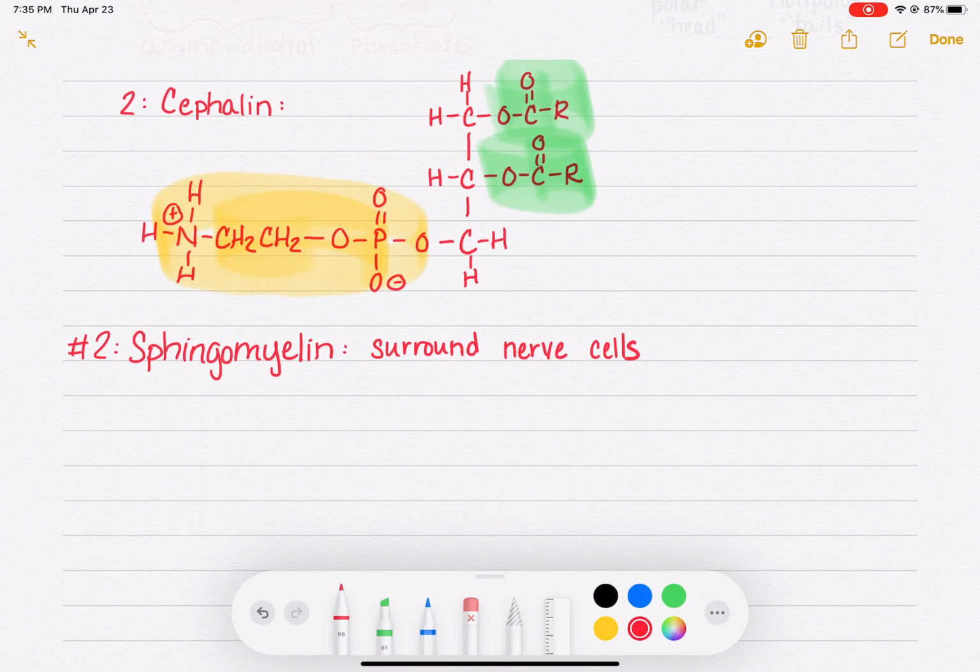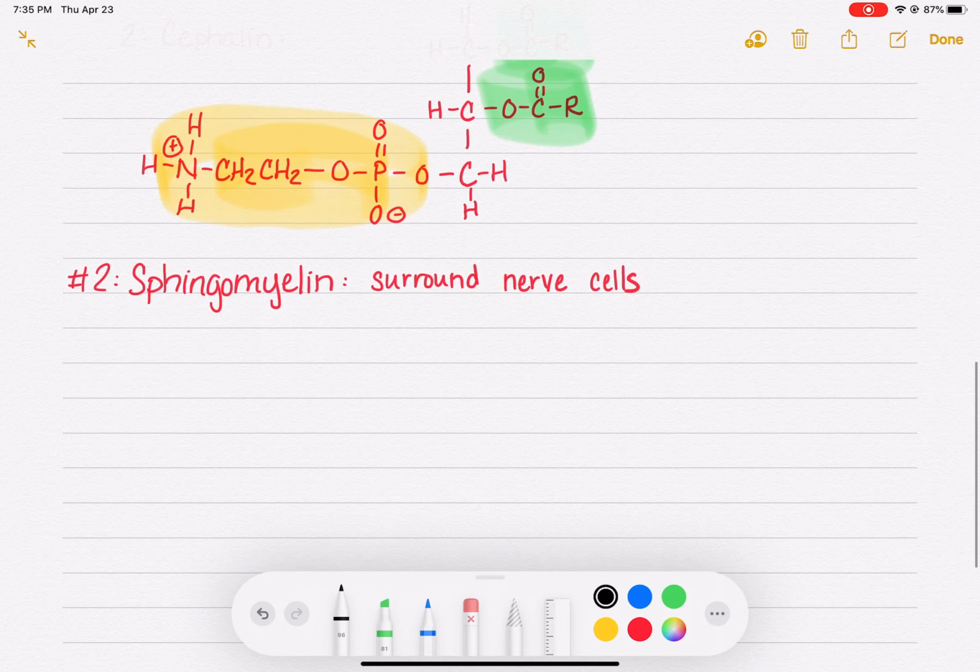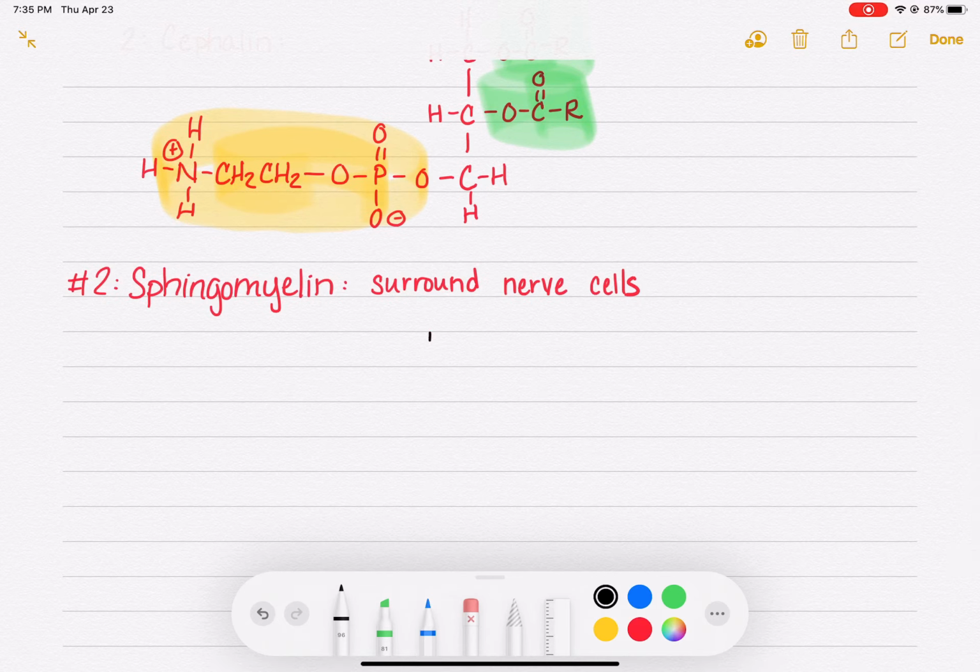Sphingomyelins have a different structure from the triacylglycerols or glycerophospholipids. The most notable difference in their structure is that they don't have a glycerol backbone. They do still have a backbone, but it is kind of upside down L-shaped,